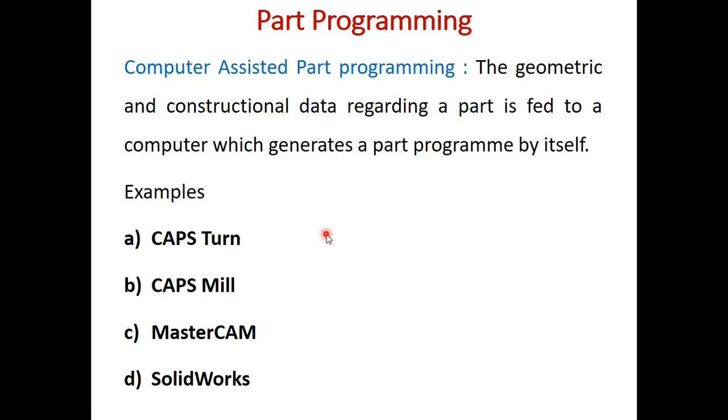Next is computer assisted part programming. So this is automatic: whatever the CNC program is generated depends upon your CAD model, and with respect to the CAD model you have to give a few more instructions to that CAD modeling software. Currently available and very famous are these two, that is Capstone and Capsmill. Capstone is used for turning machines, CNC turn machines, and for milling machine or vertical milling machine we use Capsmill. This has purely